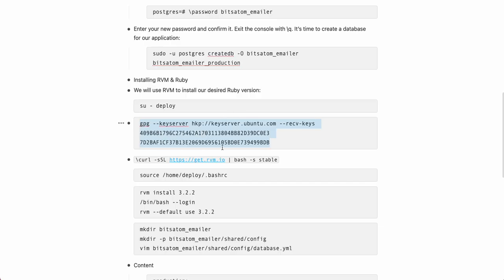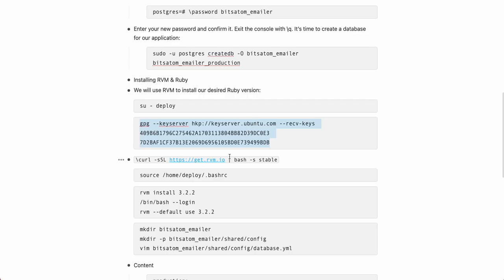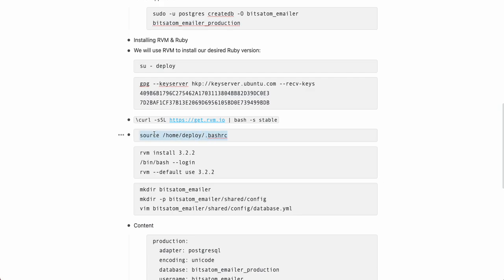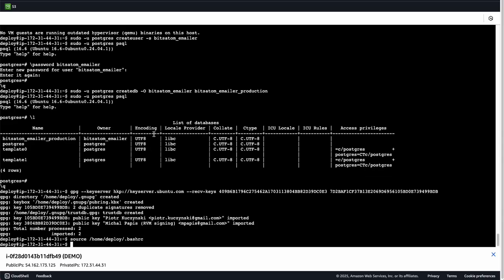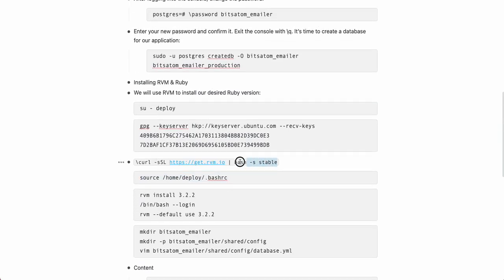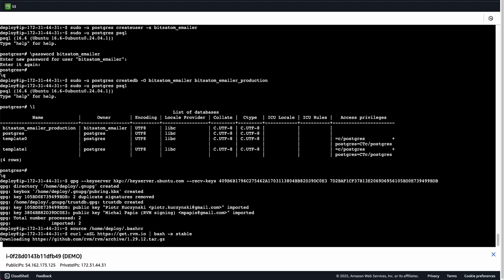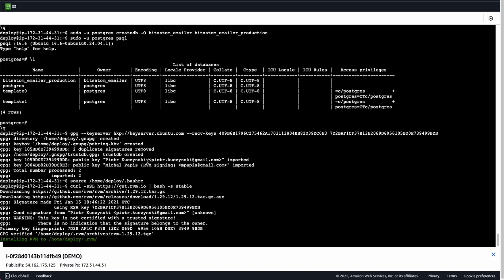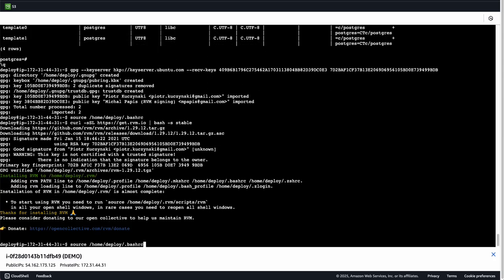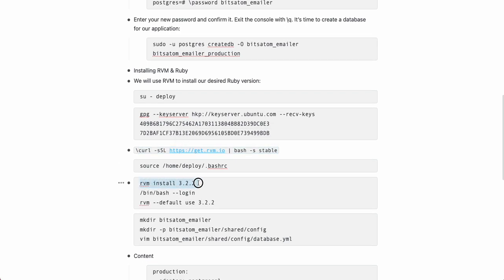For that, I'll have to add some keys in the machine. So I have added it here and just source it so that I get access to the RVM. Sorry, one step left. We'll have to install RVM, and it is installed. Now I'm going to take RVM access. Now I'm going to install Ruby 3.2.2,